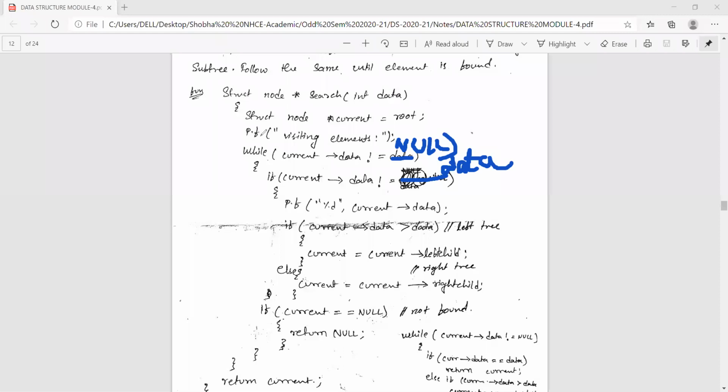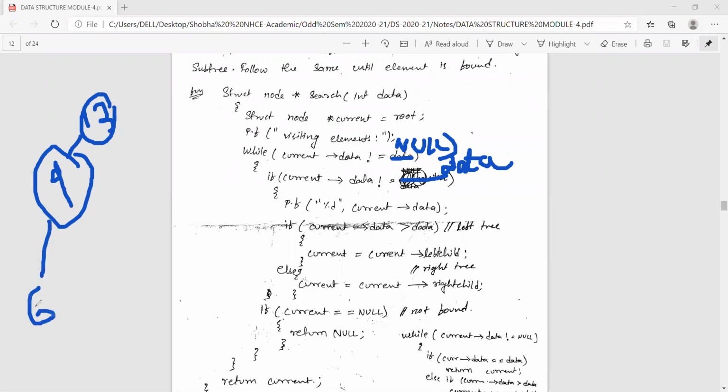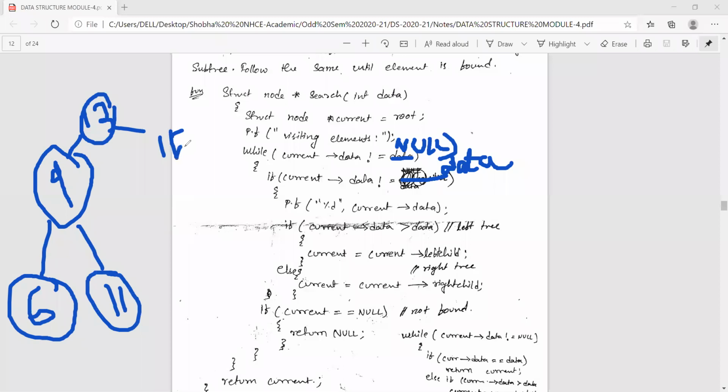Please try to understand, all of you. While current, what is current now? Root. Let me take one example. I will take 13 as the root node, then 9, 6, 11, and on this side 15,